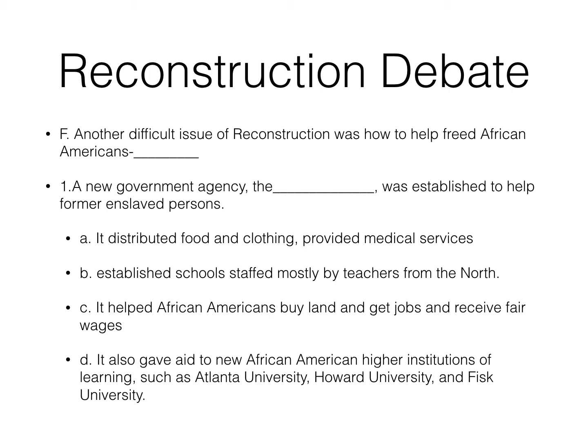needed help. Now, during this time, the freed slaves, they were given a new term. They were called freedmen, the freedmen. And so with Lincoln's help and Congress, they created a new government agency called the Freedmen's Bureau. It was basically established to help former slaves. Think about 3 million slaves all of a sudden being free. They had been living with their slave holders. Where are they going to get food and money and clothes and medical services? They have nowhere to go. They're going to need schools. And so the Freedmen's Bureau provided a great service to these new freed men.